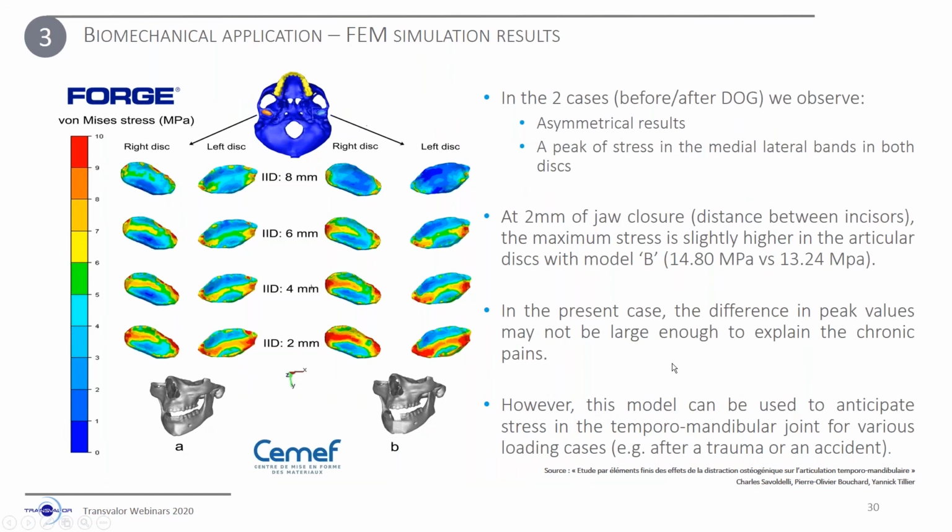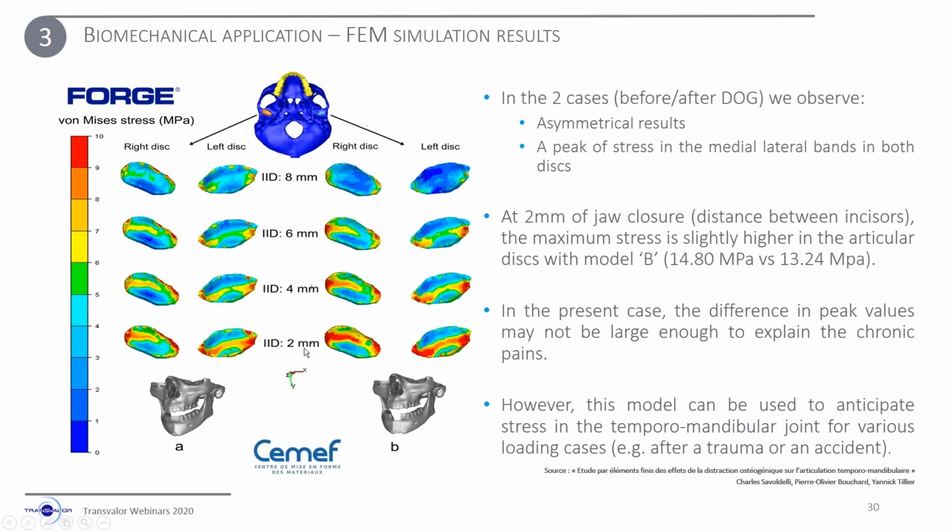This slide summarizes the main results of the study. The picture on the left side right here is representing the column on the left. This is model A, without distraction osteogenesis, and the column to the right is model B with distraction osteogenesis. You can see for each configuration the stress distribution in the articular disc, the left disc and the right disc, and also for different values of the jaw closure, 8 mm, 6, 4, up to 2 mm, which is the smallest